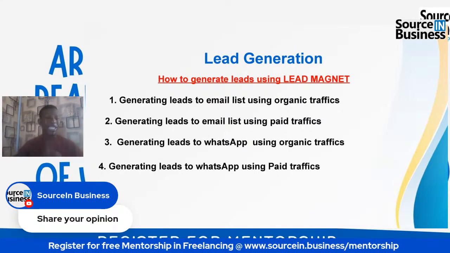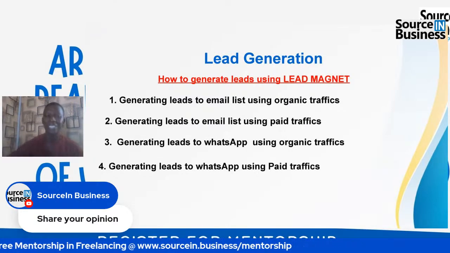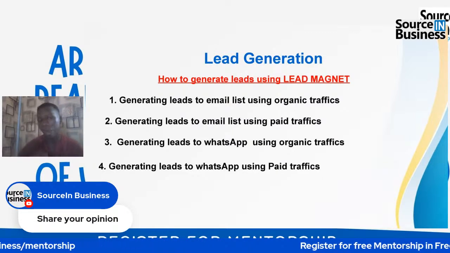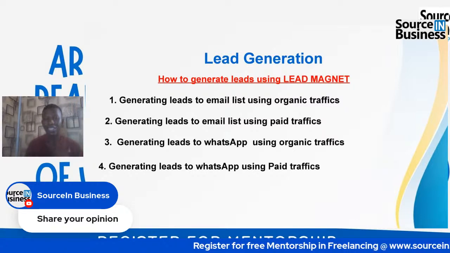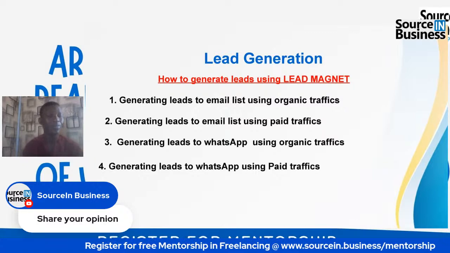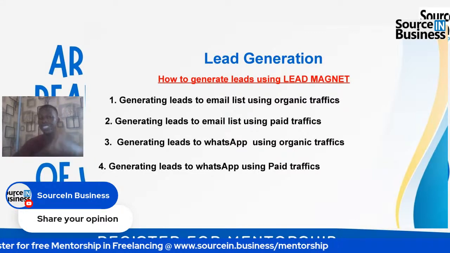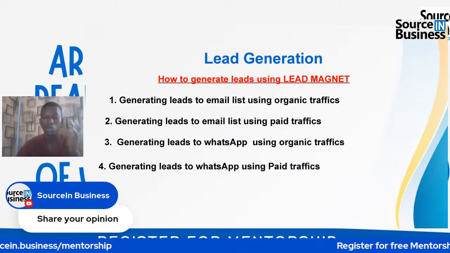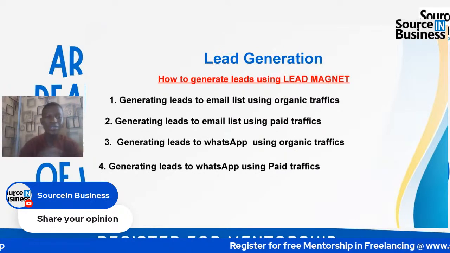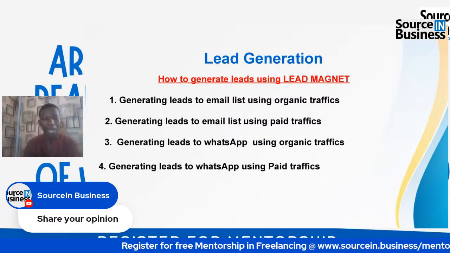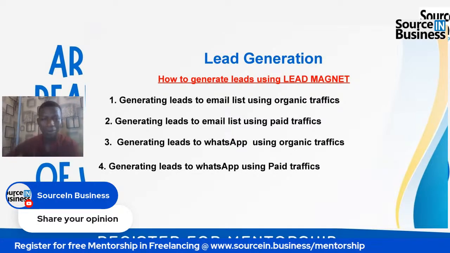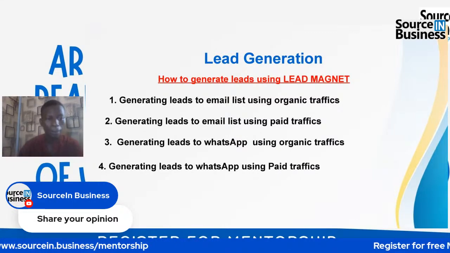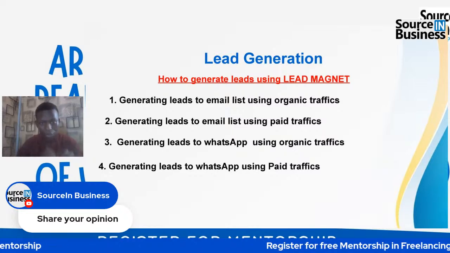You understand? So once my bot sends message to everybody, a lot of people will reply and I will save their contact. And mind you, in my content, I already tell them to save my contact as Allow Johnson. So they already save my contact. There's a way I even automated it so that I don't even need to open their chat. Once they save my contact, I give them a keyword that they're going to reply with. Once they reply with the keyword, I have a system on my phone that will reply to them with the link to access the free gift I promised them. You understand? So I'm creating a course on this particular stuff already.